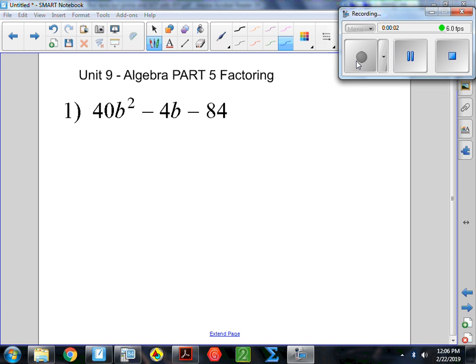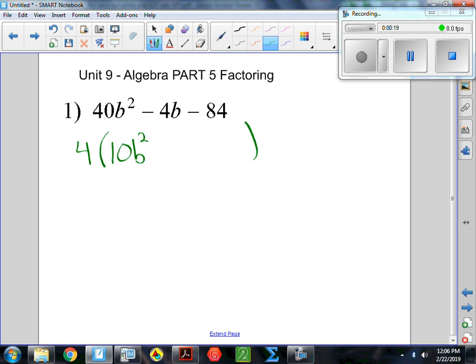Okay, this is the Algebra Part 5 factoring worksheet, number 1. Because of the size of the numbers, and really when you factor, the first thing you want to look for is can you take out a common factor, which I can do. I can take a 4 out of each of these terms, which gives me 10b squared minus b minus